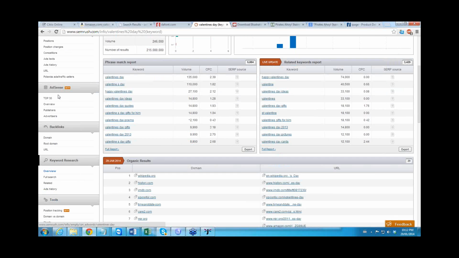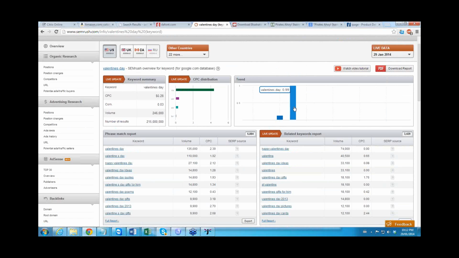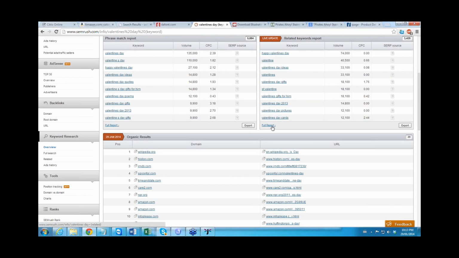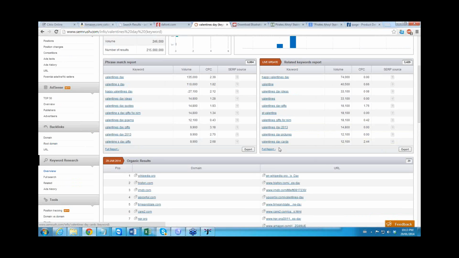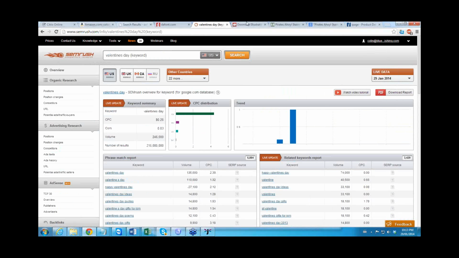There is a section here that tells you exactly when the keyword term is hot and when it's not in terms of the time. So it tells you what's really going on with Valentine's Day in terms of the trend, and you can see that all day long, right? But one of the key things you want to do is look at every holiday, but validate that by